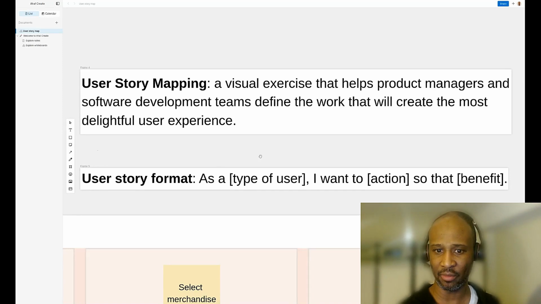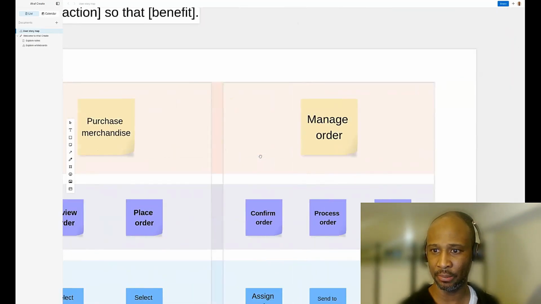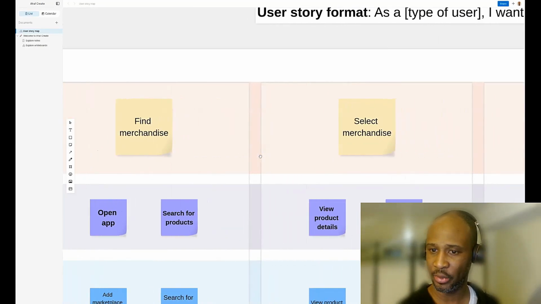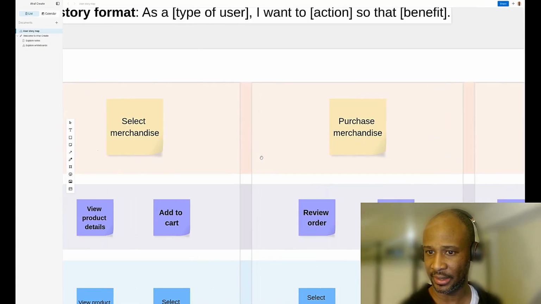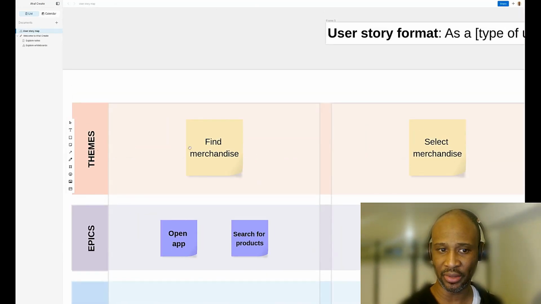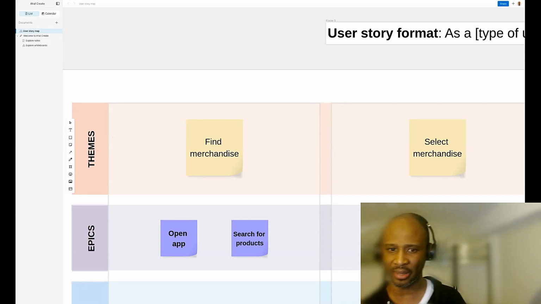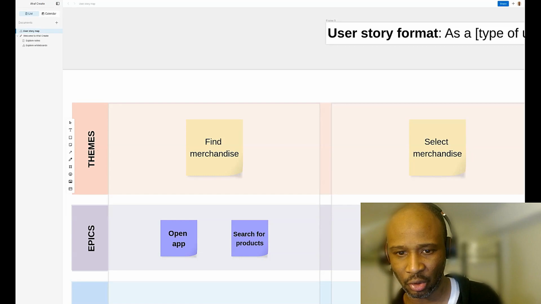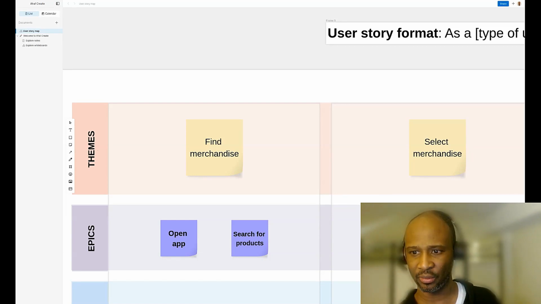So let's go down further because now we're getting into the meat. Here, and I'm assuming this is some kind of e-commerce website that they have as an example, is what they call themes, and this is very common language when we're talking about user story mapping. So at the product manager level or product owner level, whatever you call it in your organization, when they're having these conversations,